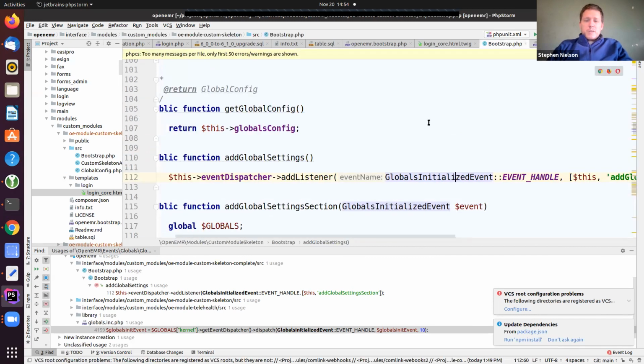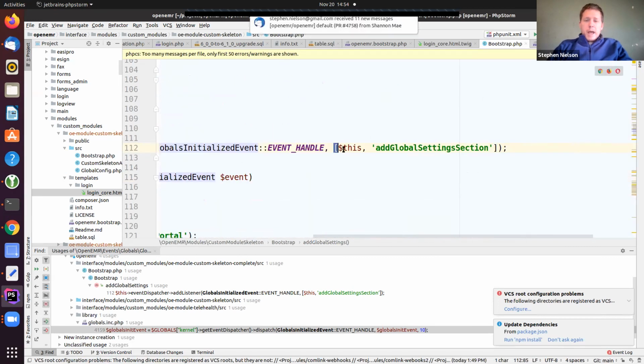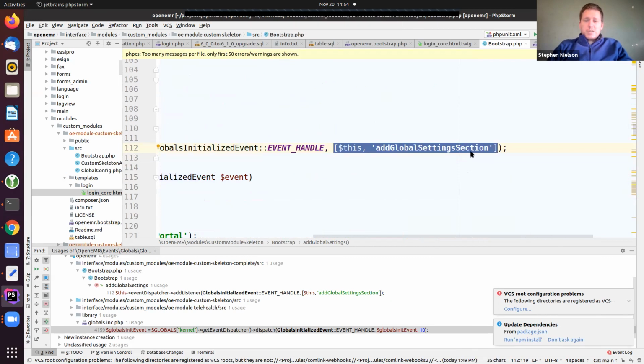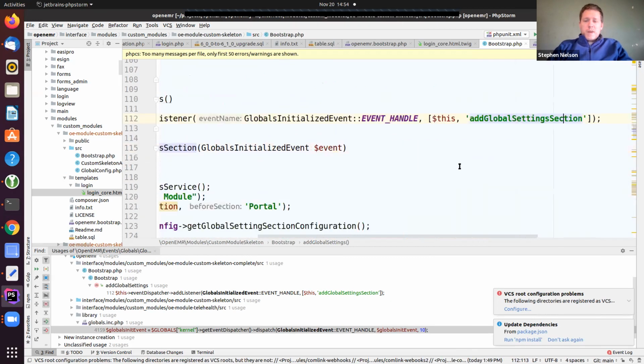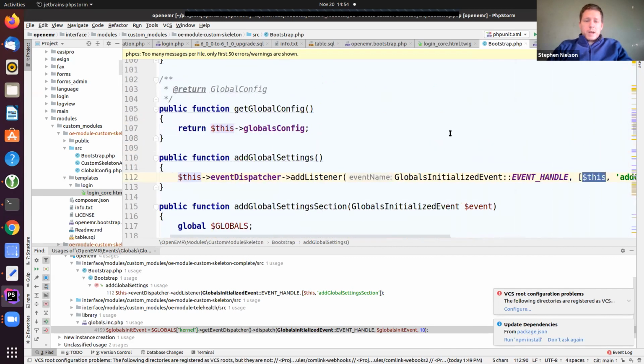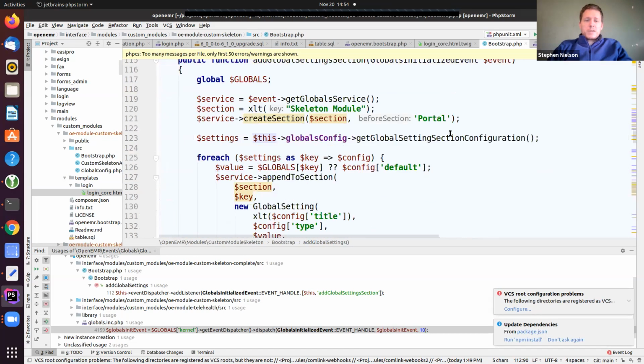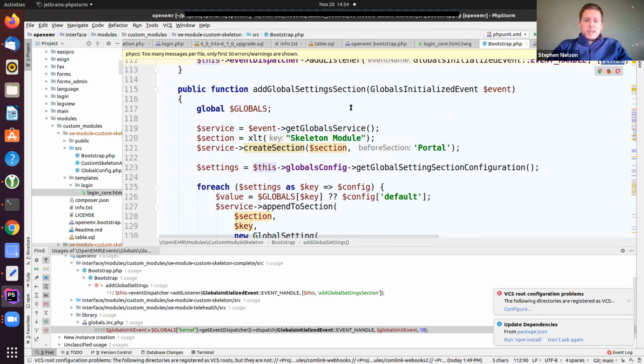So it loops through and finds my module and says, oh, that module has a callback. It has a function that I'm going to execute. So it fires that off. This points to the current class, which is the bootstrap class. And it's going to find a public function, has to be a public function because the dispatcher has to be able to get access to it. It's going to find the public function and get that event.